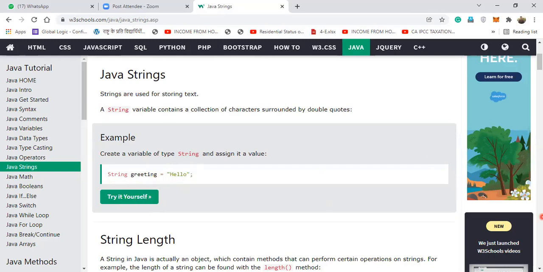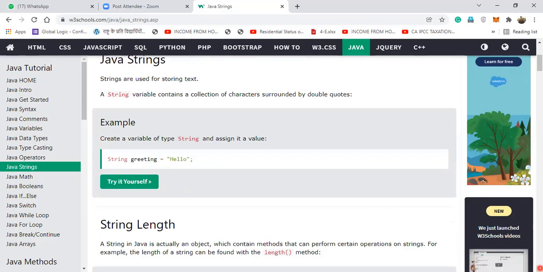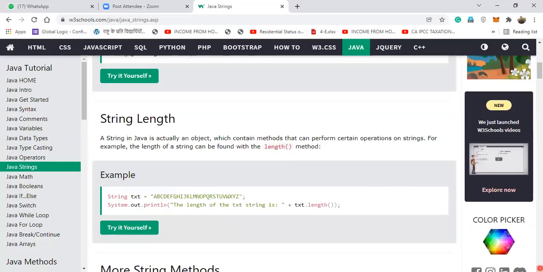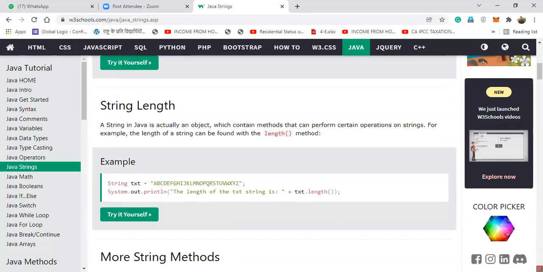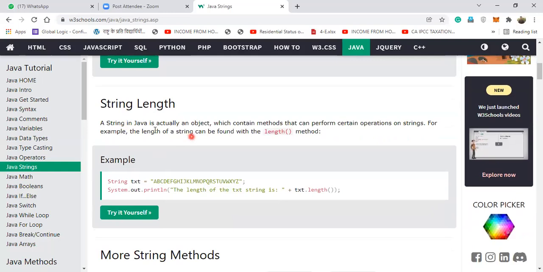Then comes the length of the string. Length of the string means what? Ma'am, it's written. I can read that. It's okay, no issues, you can read that too.